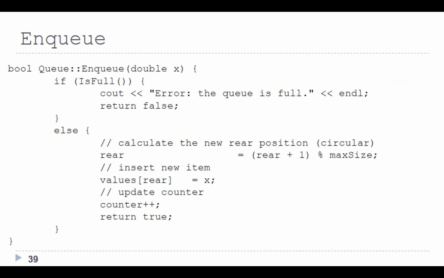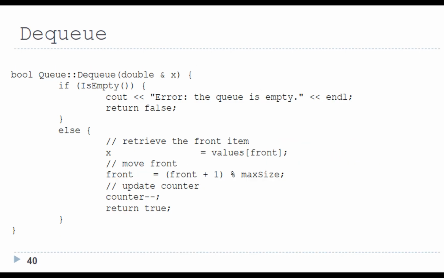Enqueue. bool Queue::enqueue(double x) { if (isFull()) { cout << "Error: the queue is full." << endl; return false; } else { // calculate the new rear position, circular: rear = (rear + 1) % maxSize; // insert new item: values[rear] = x; // update counter: counter++; return true; } }